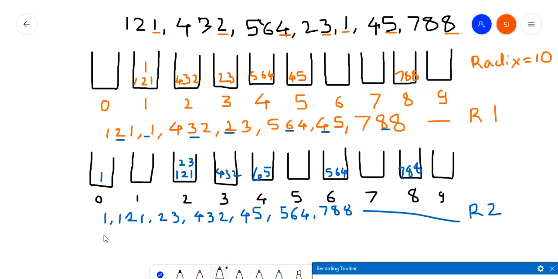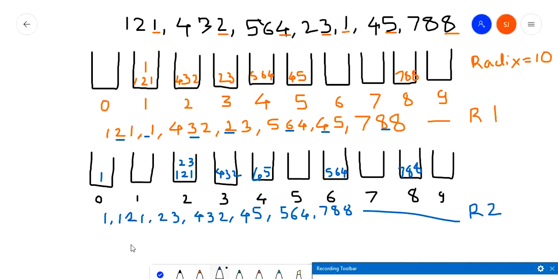In the third round we again make the buckets in the same manner as we did in the previous two steps. We have to make the buckets from 0 to 9, and then we want to sort the numbers based on their 100th digit, म्हणजे शतक स्थानच्या अंकाच्या बेसिसवर आपण त्याला काय करणार आहोत, सॉर्ट करणार आहोत.